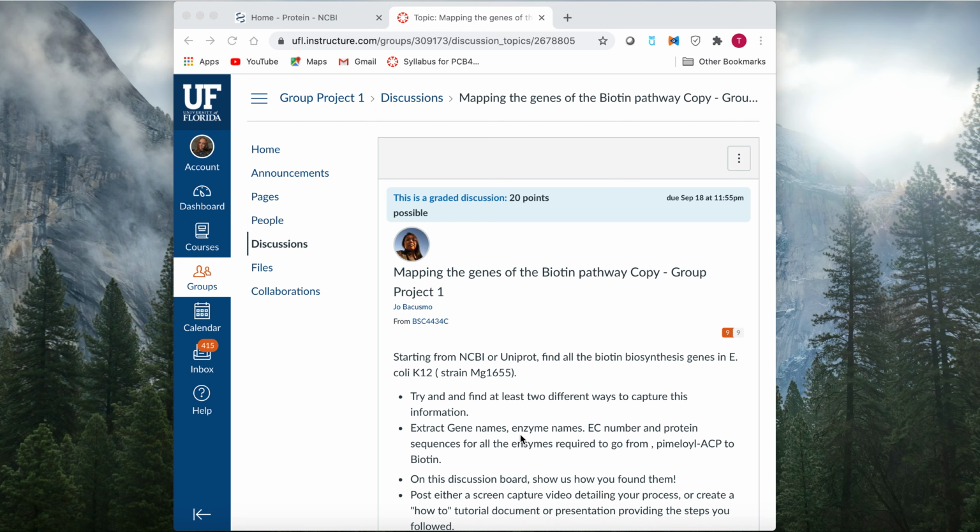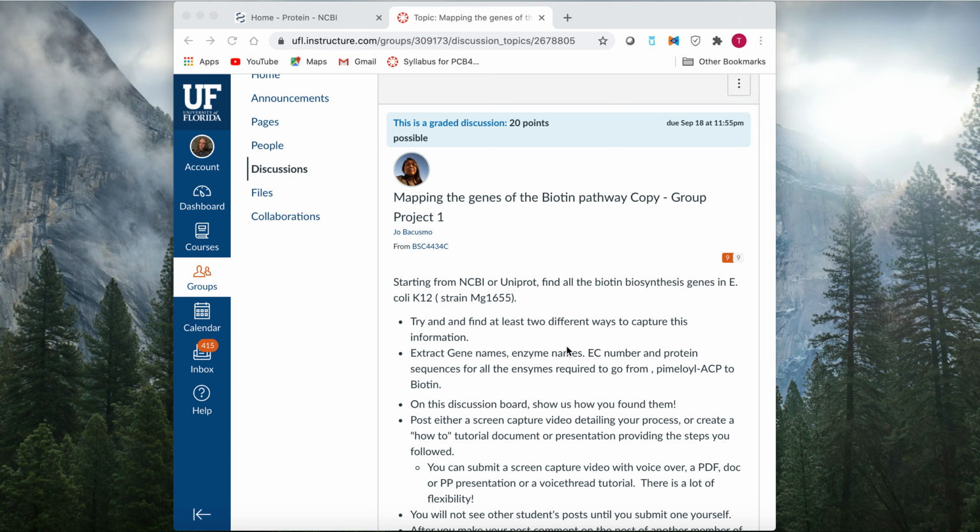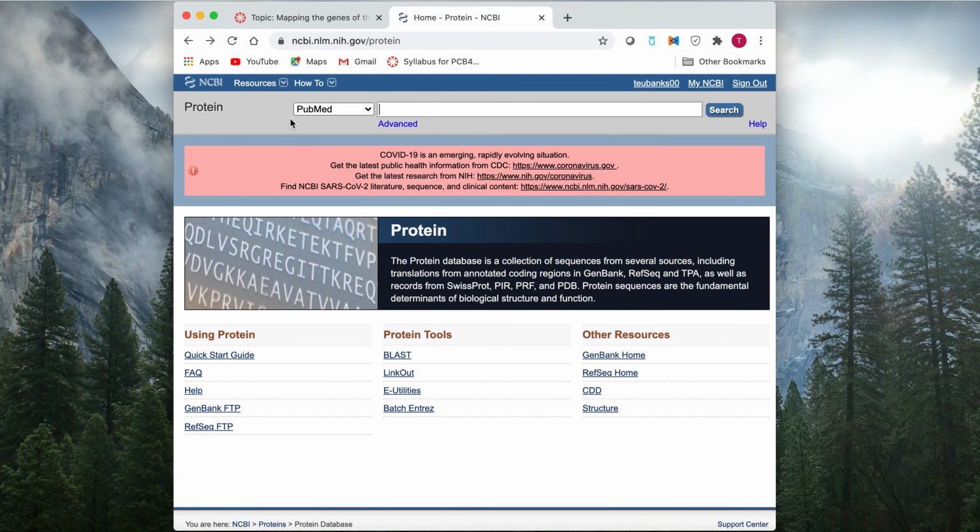This is the group 1 project, and I'm going to find all the biotin biosynthesis genes in the E. coli K12. So the first thing that I'm going to do is go to the